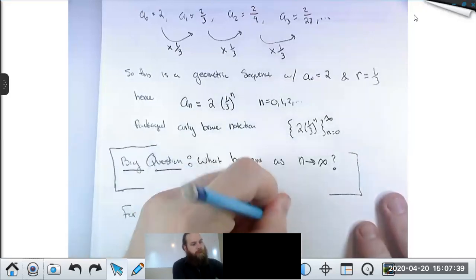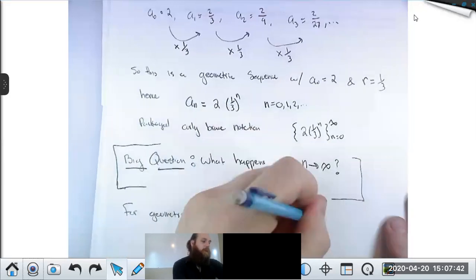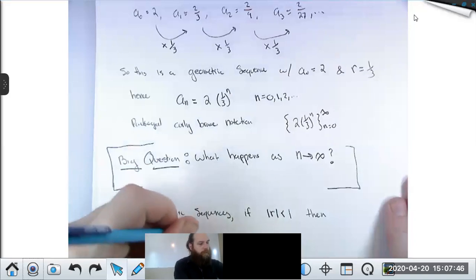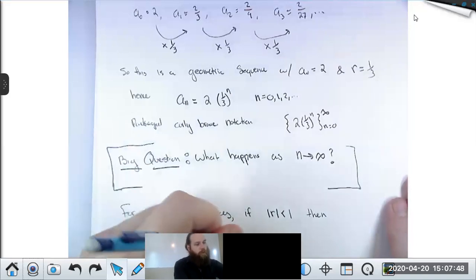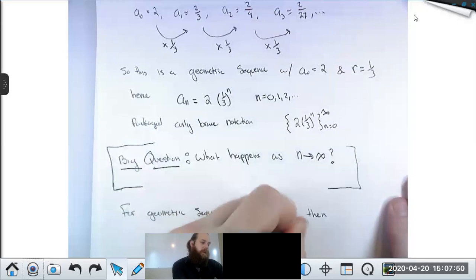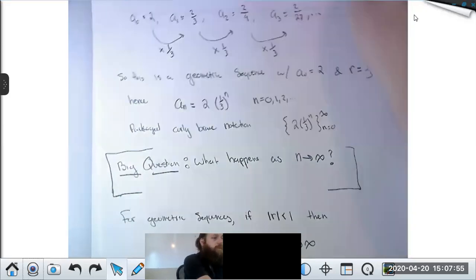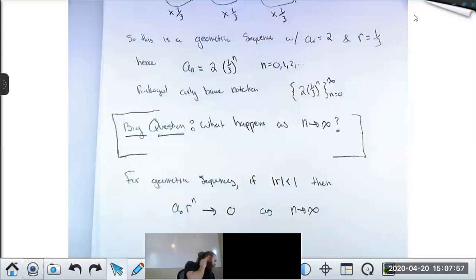If the absolute value of the common ratio is less than 1, then the geometric sequence a0 times r to the n will go to 0 as n goes to infinity. It's worthwhile to think about why. On the one hand, you can think of this as being like an exponential function. And we know exponential functions all have horizontal asymptote y equals 0. So if you're looking at a decaying exponential,